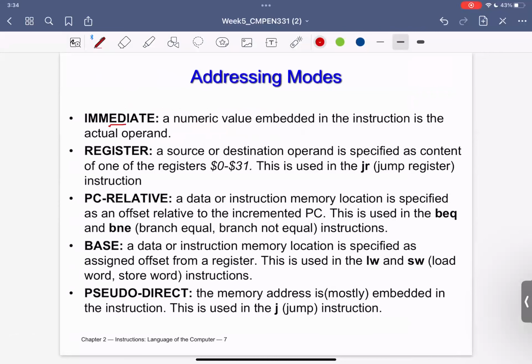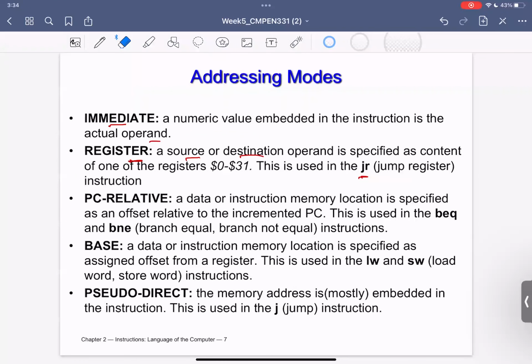Immediate, it's just a numeric value embedded in the instruction, in the actual operand. Register is, as an example, jump register, and it just has a source or destination operand, which can specify a particular register location, and then you are actually implicitly telling an address.